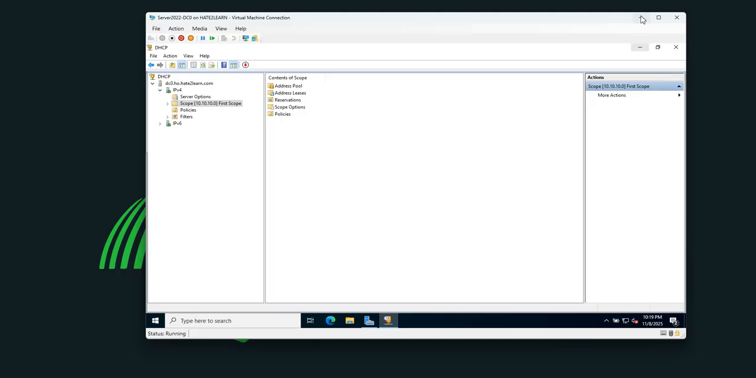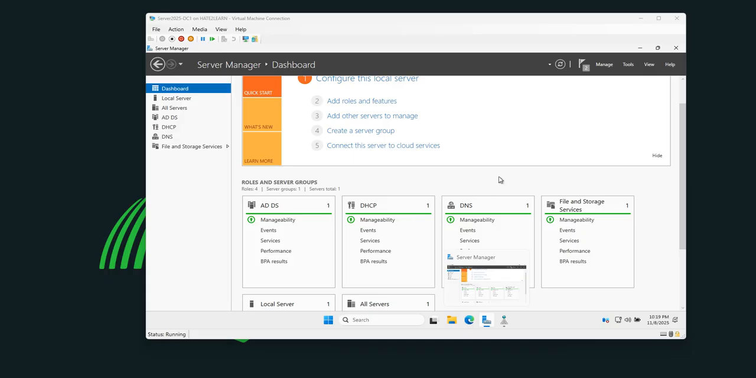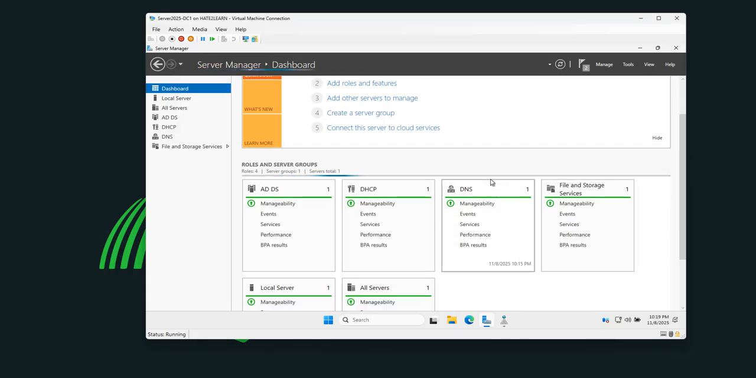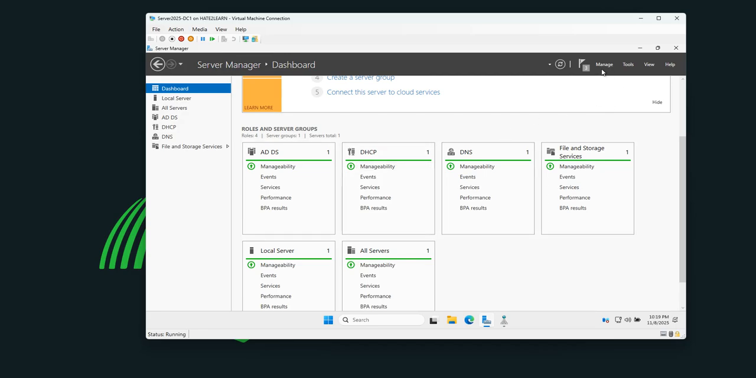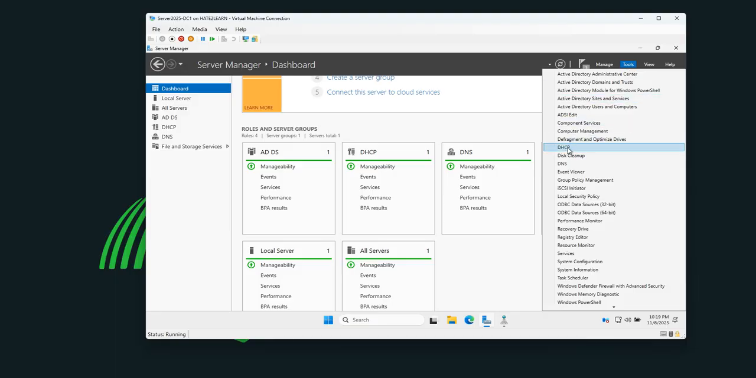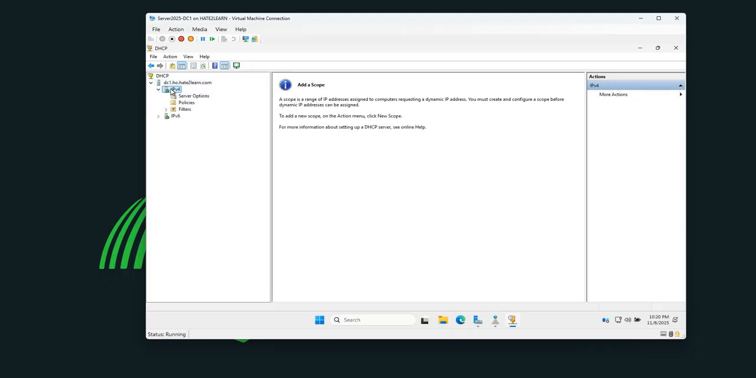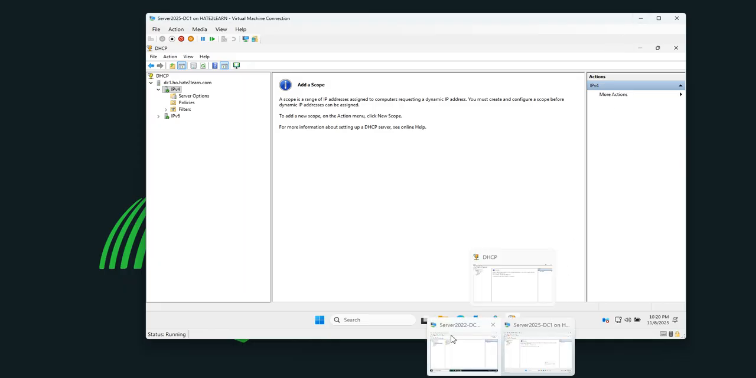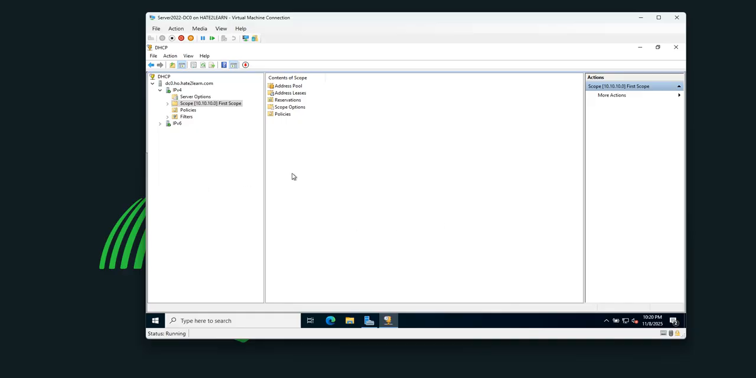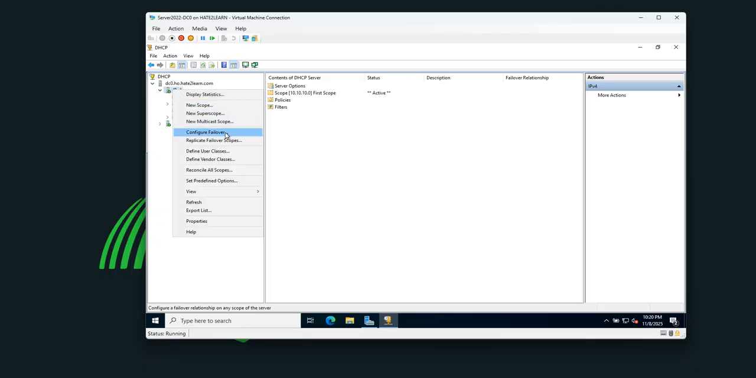Let's go and check our DC1 now. We have DHCP set up. Let's go to tools, DHCP, open. It looks good, but we need to configure the failover. So let's go back to DC0 and right click on IPv4, configure failover,